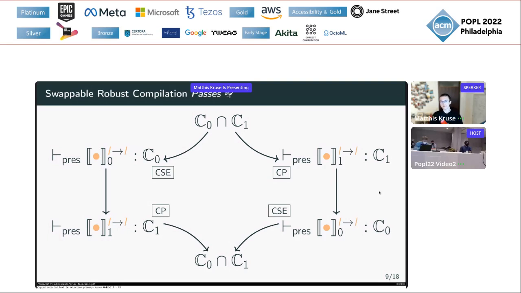However, consider the program C equals B, X equals A plus B, and Y equals A plus C. First running common subexpression elimination doesn't give us anything, but then running copy propagation only gets us the fact that X equals A plus B and Y equals A plus B. But first running copy propagation and then common subexpression elimination enables us to factor out the A plus B and thus assign X and Y to the same temporary. So we've optimized the code even further and thus enabled the resulting binary to run potentially faster.